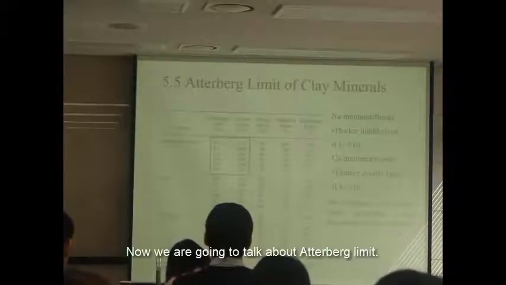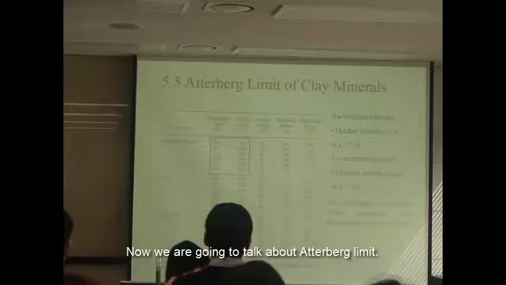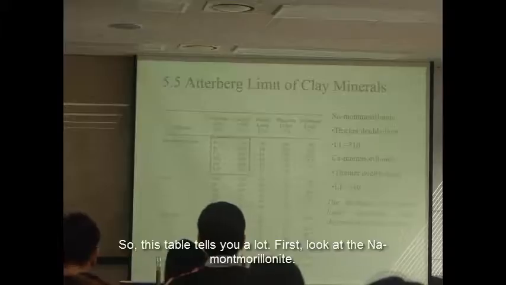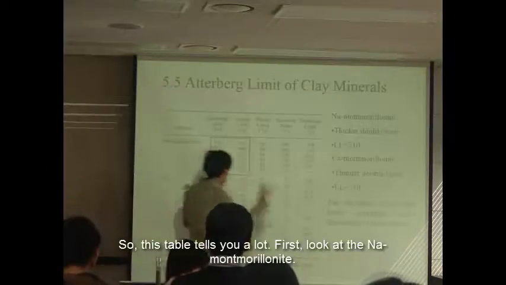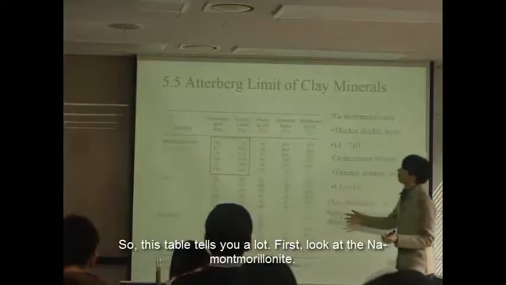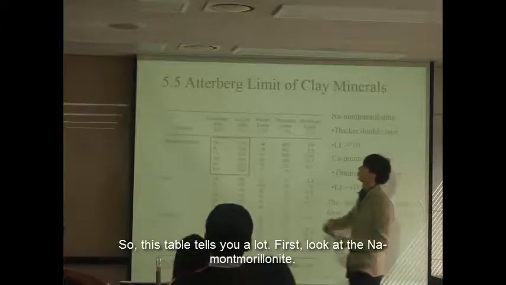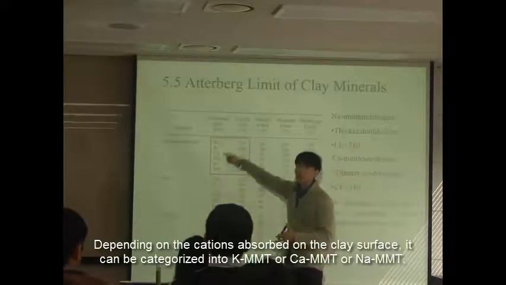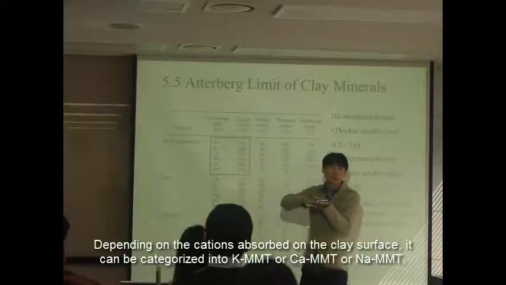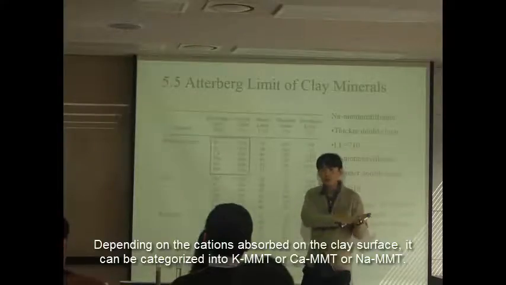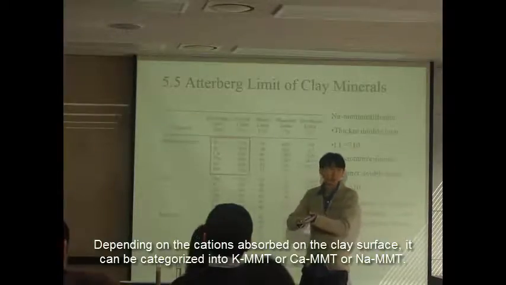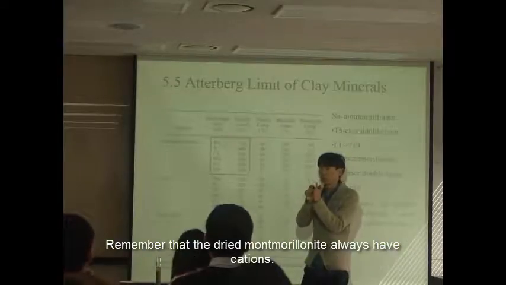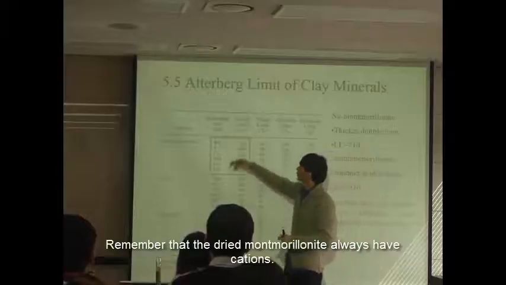Now we're going to talk about the Atterberg limits. This table tells you a lot. First, let's look at sodium montmorillonite. Depending on the cation adsorbed on the clay surface, it can be categorized as potassium montmorillonite, calcium montmorillonite, or sodium montmorillonite. Remember, the dry clay always has potassium as the cation. So sodium montmorillonite,